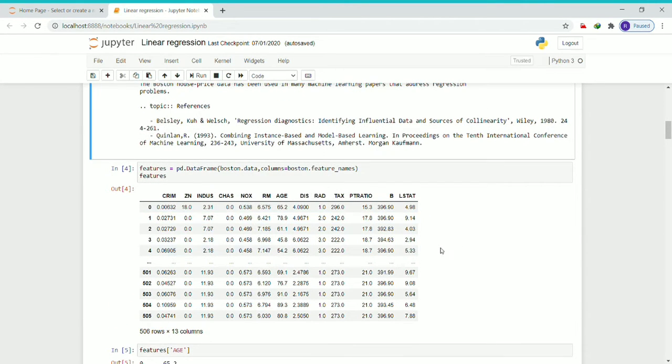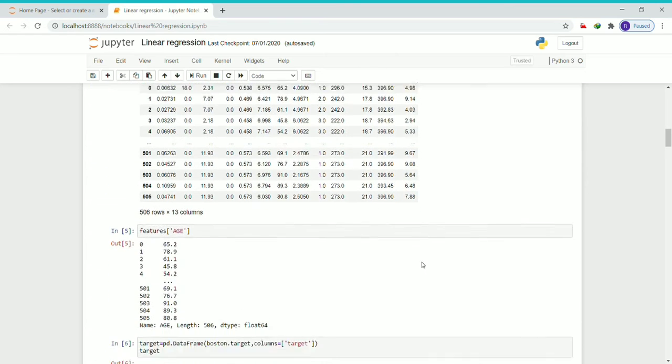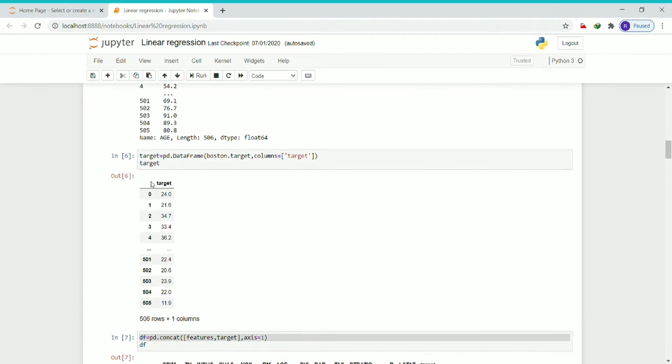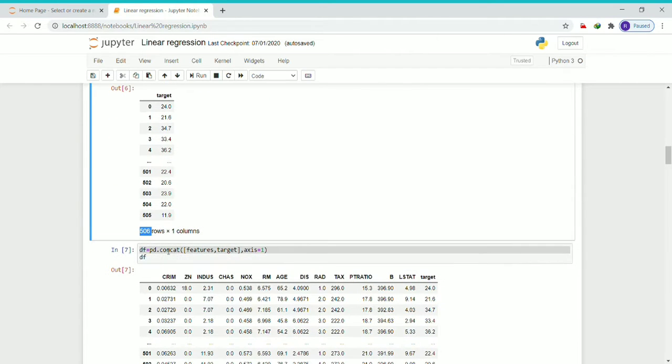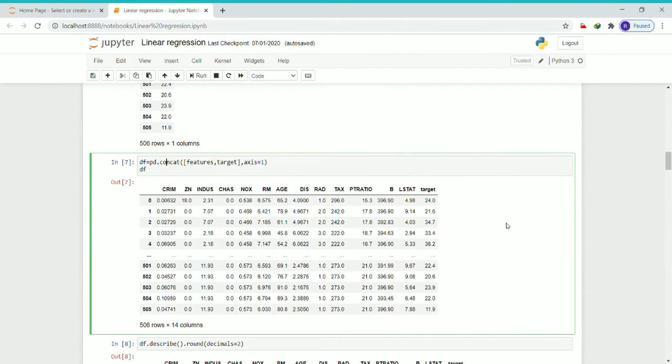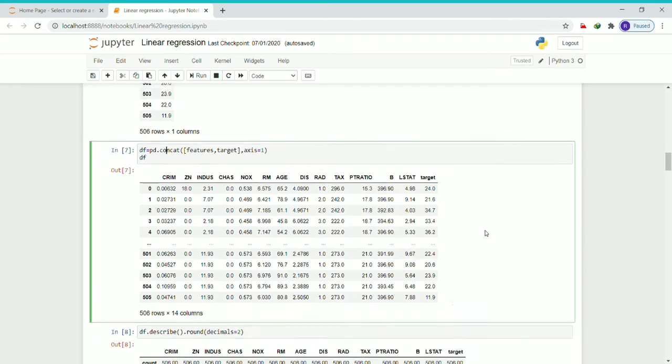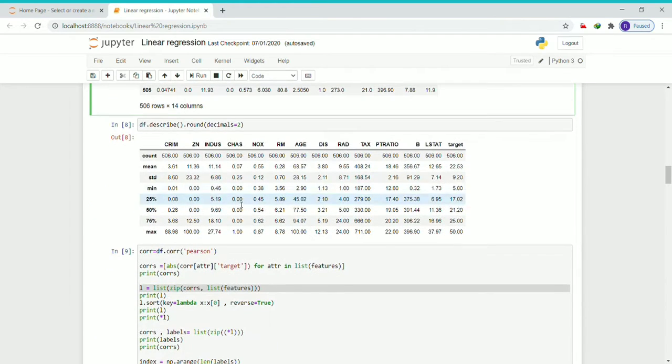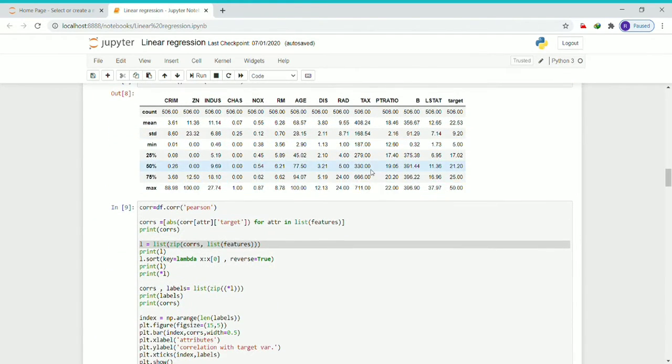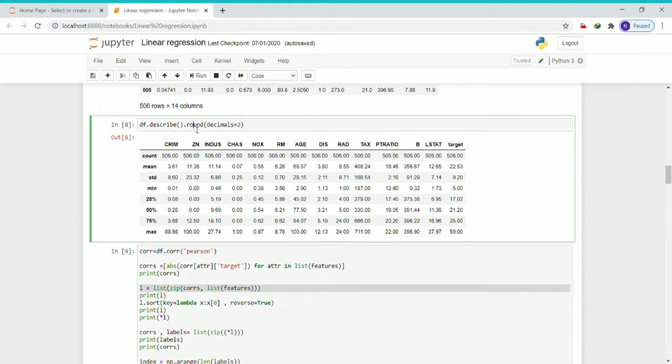This is the table of the dataset, and this is our target column, and we will concatenate the target column to the right of the features table. Here you can see that we have rounded off the values of the table up to 2 decimal digits.